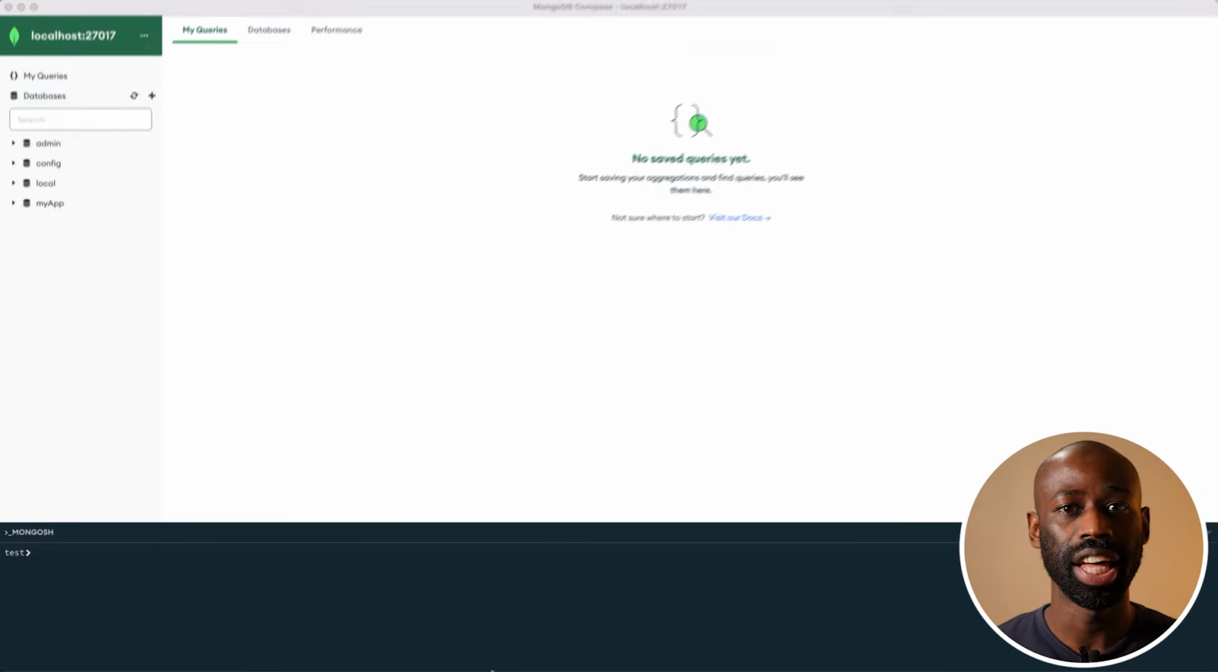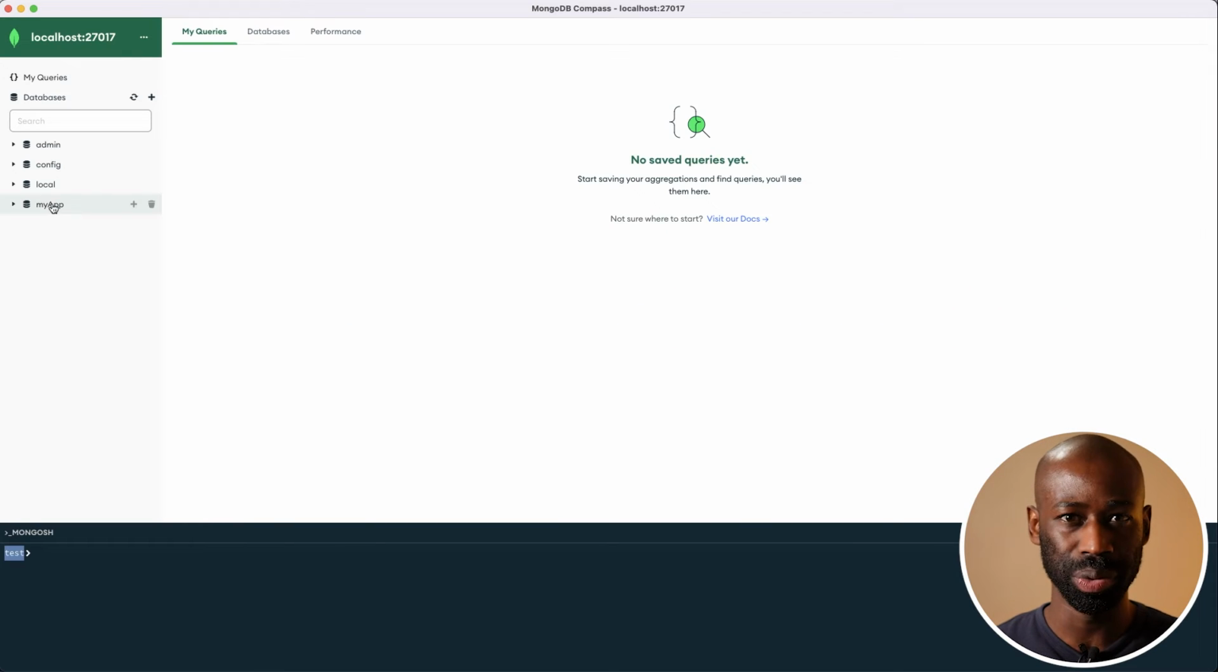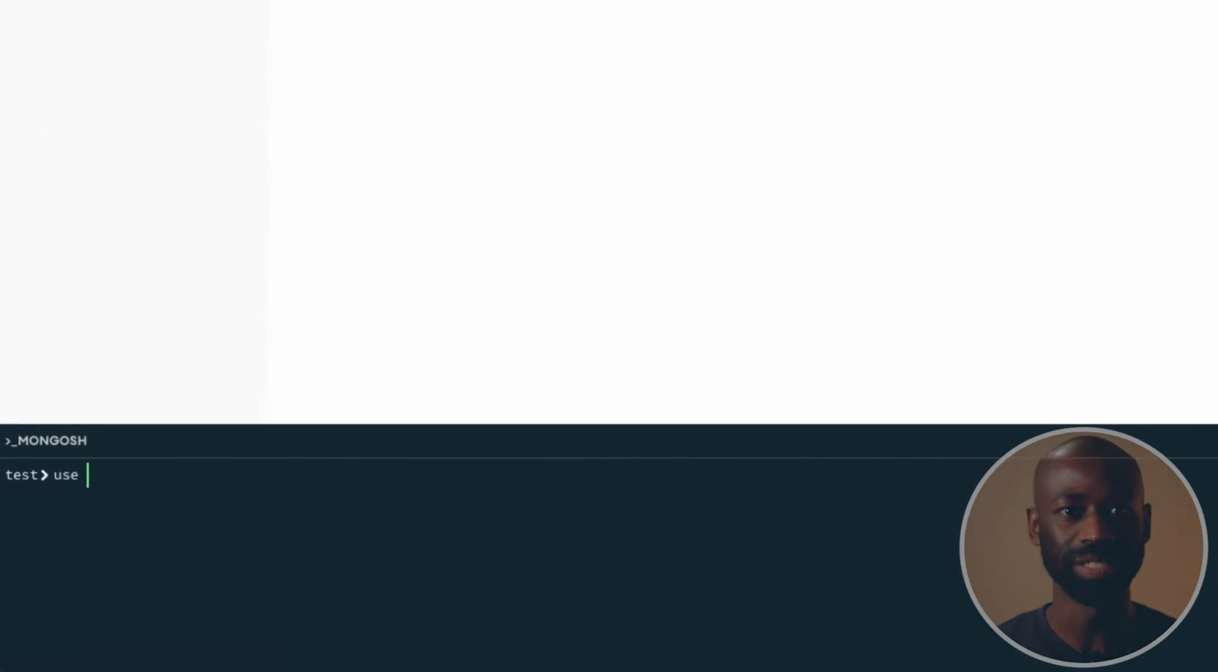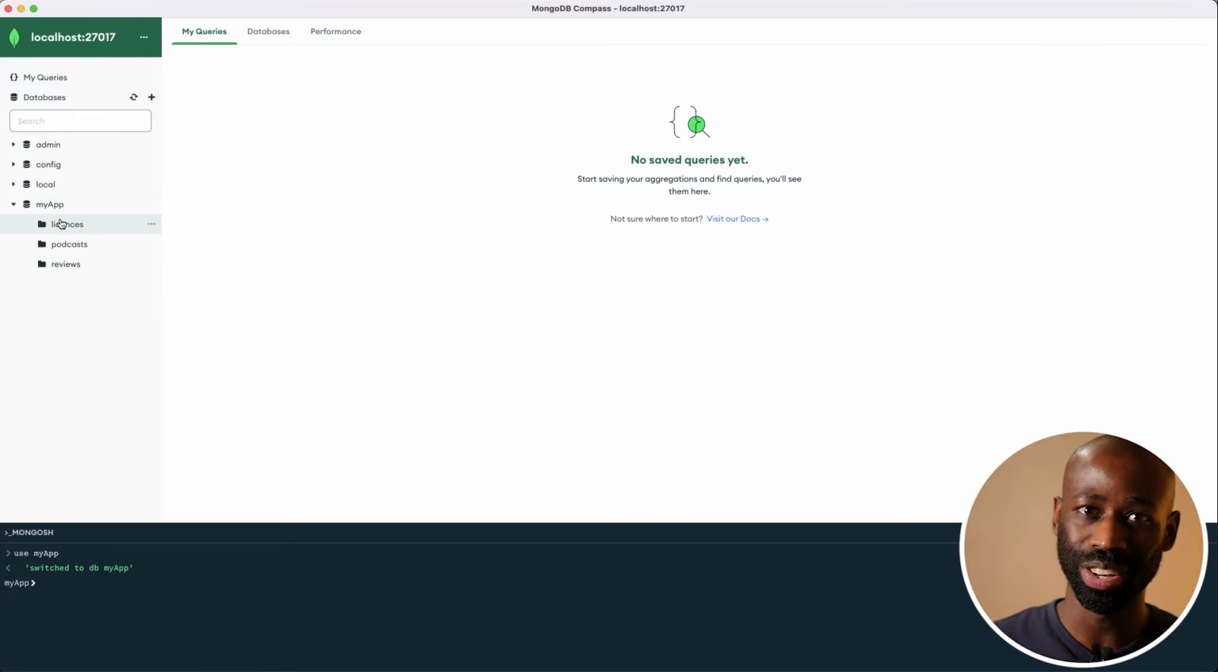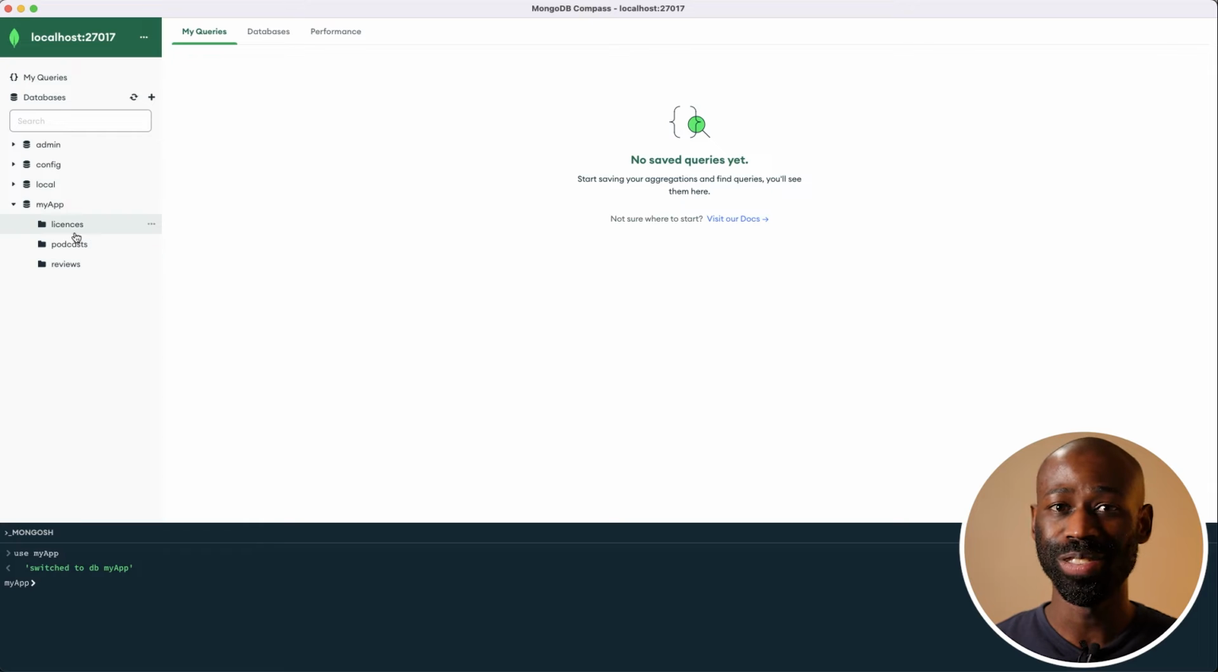By default, the test database is selected. So I'm going to switch to the myApp database by using the use myApp command. If we look at the myApp database, we can see that there is no users collection. But if I run the command